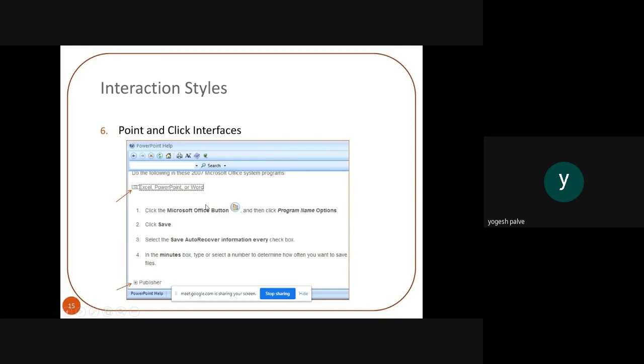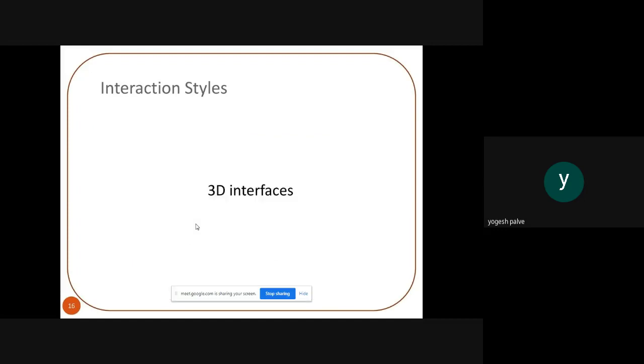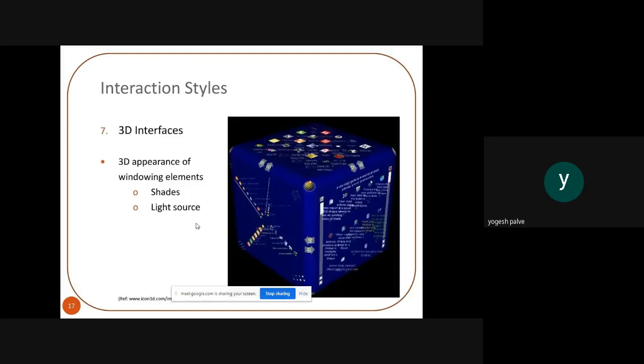So this is the Windows kind of application. Windows will provide such kind of application where point and click type of interfaces will be provided to their user. Then what are 3D interfaces? What is the main aspect of 3D interfaces and why is it very popular nowadays?